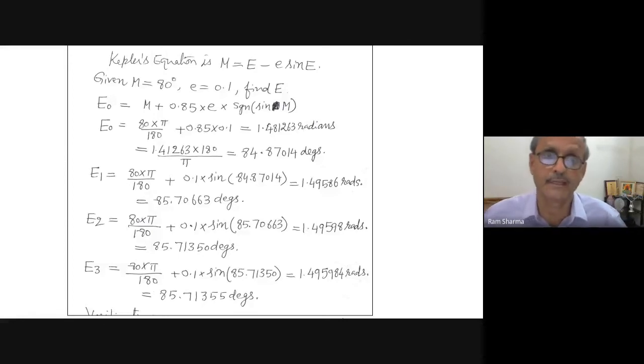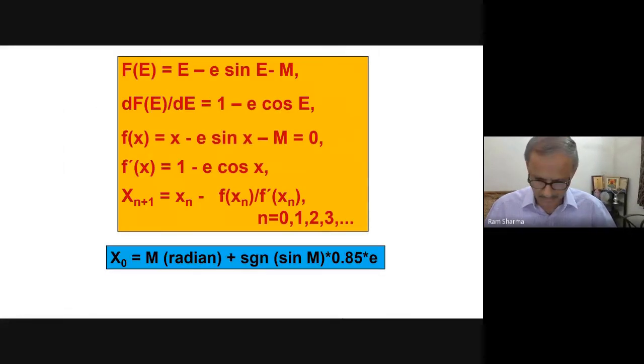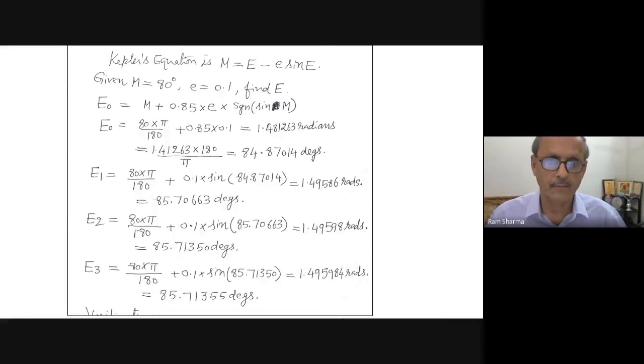The second estimate goes by writing M plus the iteration, as we have seen in the analytical treatment. The iteration goes only on the equation for the second one. The first one, the mean anomaly, will not change. That will remain constant. So you got the value in terms of degrees, and then E2 you get by writing that previous value there, and E3 you will get similarly. And so when we compare this,